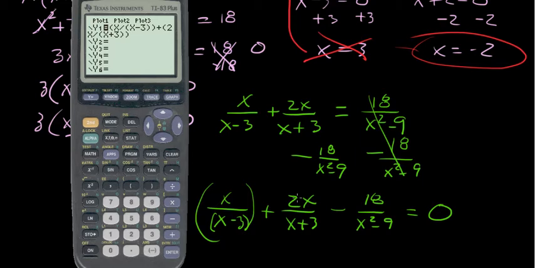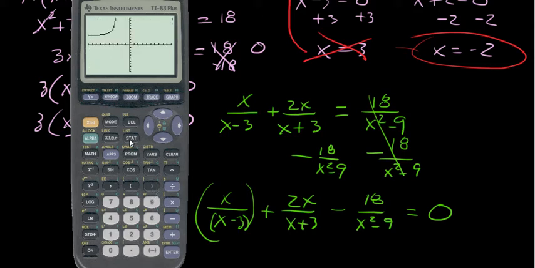Now you say, why didn't I use parentheses up here or up here? It's because I've got one term. Down here we've got x plus 3, so that's two terms. That's why I need the parentheses. And then minus parentheses 18 divided by parentheses x squared minus 9, close, close. And